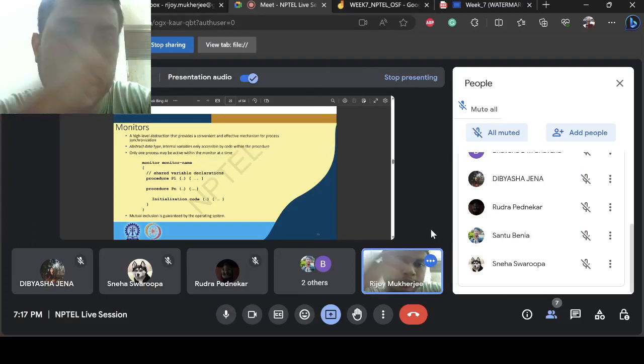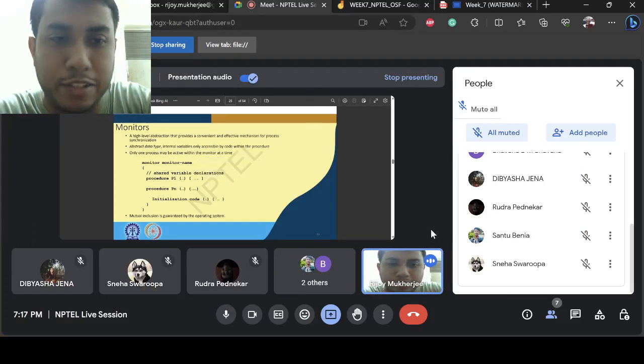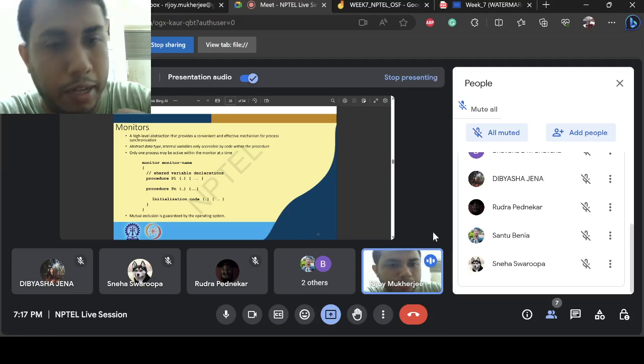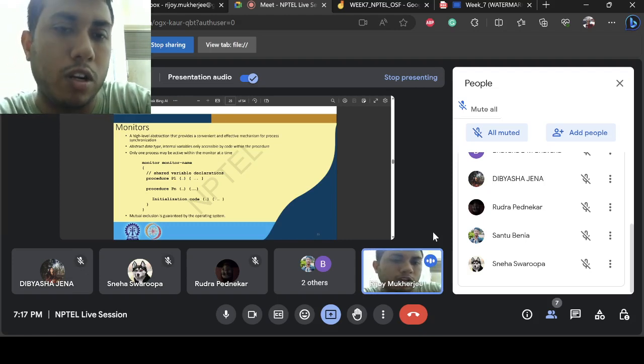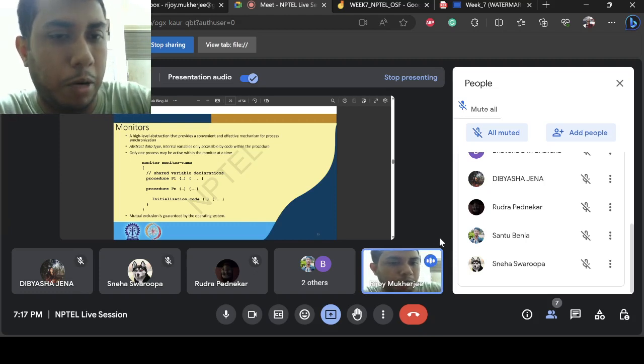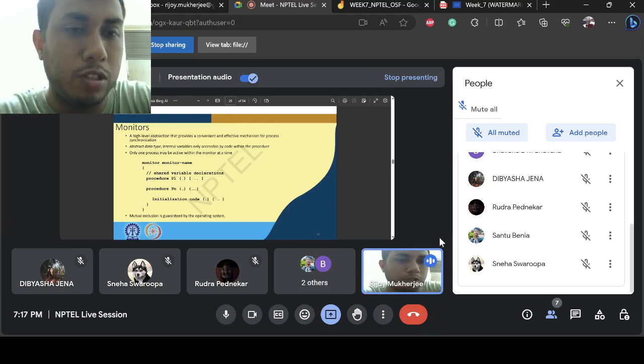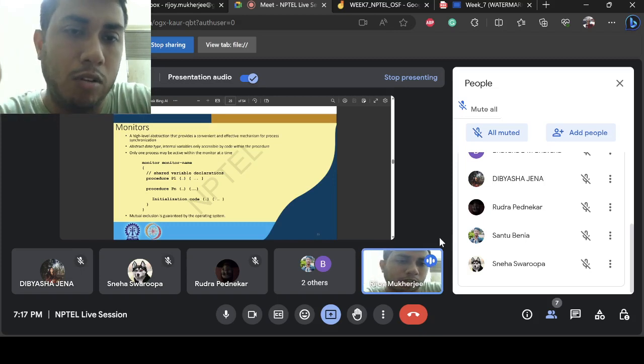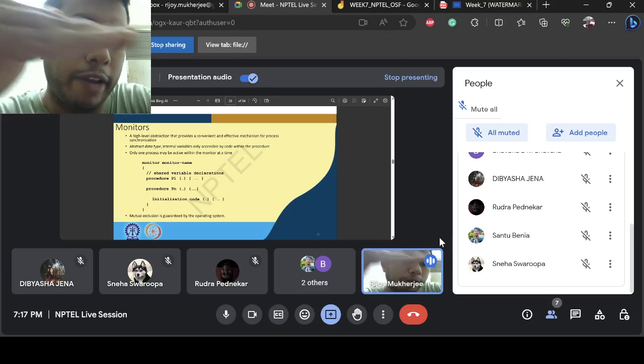You have seen, first you came across the hardware solution, that is test and set, swap and load, those kind of things. That was in machine level language. Then you came across the mutex. Now mutex is for one lock and all. Then you came across semaphore, 0 and 1 semaphore. Then you came across counting semaphore, and now you are coming to the top level of it, that is